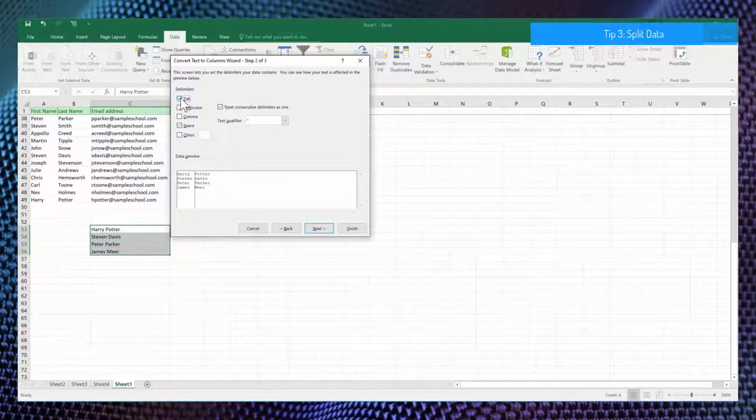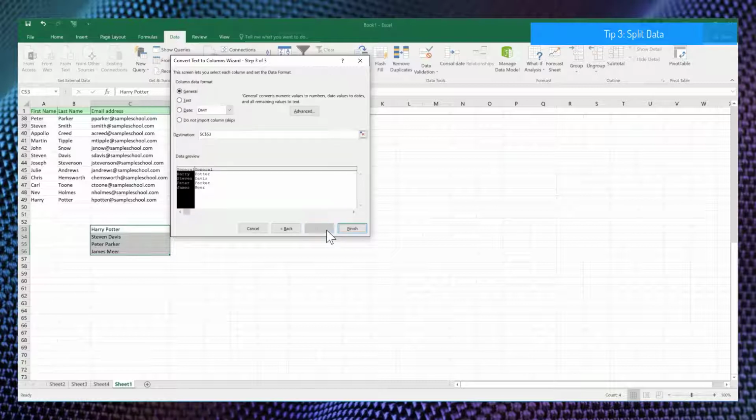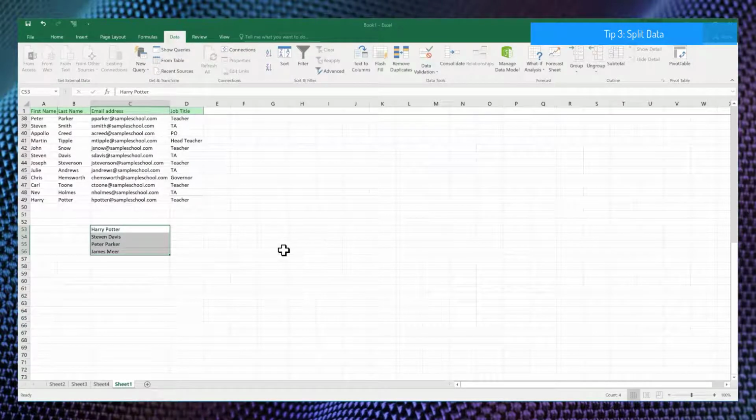Now you can choose whether it's split by a tab or a semicolon or a comma, or even here, and you can put your own symbol in. So if you just wanted the first part or the last part of an email address, you could have it split by the @ so that you're just keeping the data that you want. But we want to go space. Let's get rid of that, and we want to go space, and you see here that the lines split the name. Now if I go next and go finish, there you go, we've now got that data split into 2